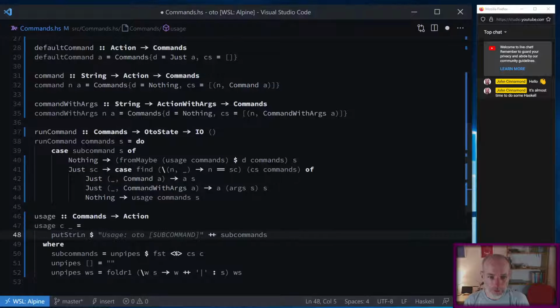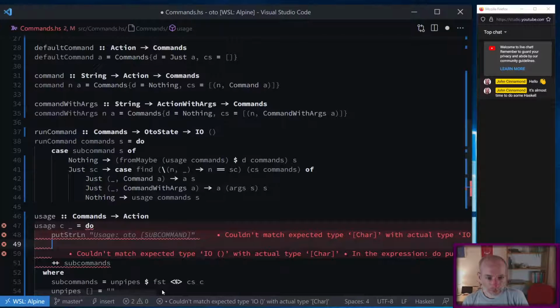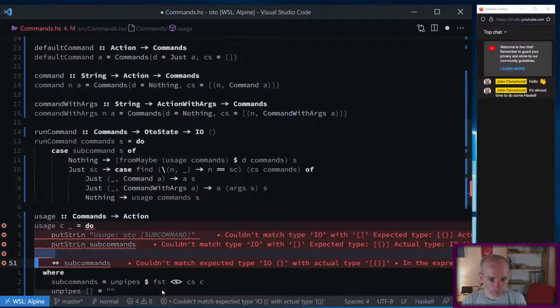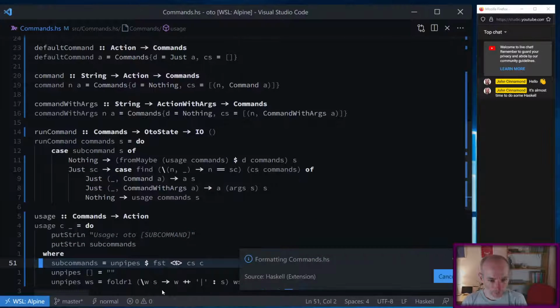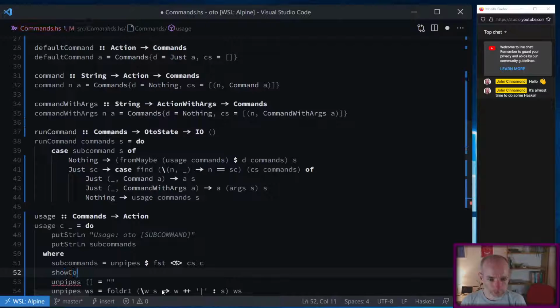All right, let's make this a bit funkier. So we can print that out, and then we can put strlen subcommands. So I think what we're going to do is we want to say show command of C is